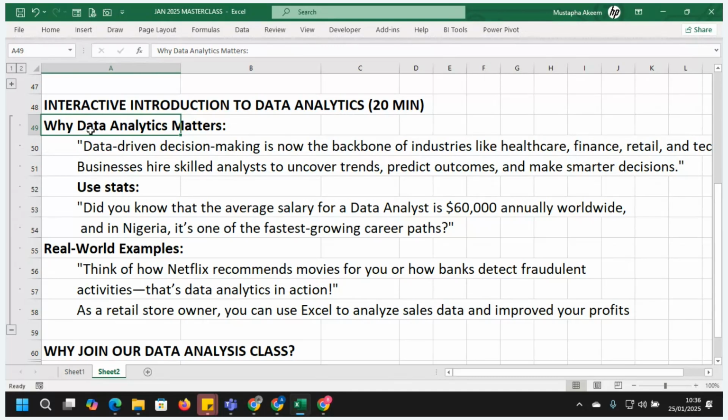Okay, good. When we also look at data analytics, everybody nowadays, the major news now is about Japa. Everybody is now thinking of Japa out of the country, and one of the highly sought skills out there, where they even understand data more than we do in this part of the world, is data analysis.